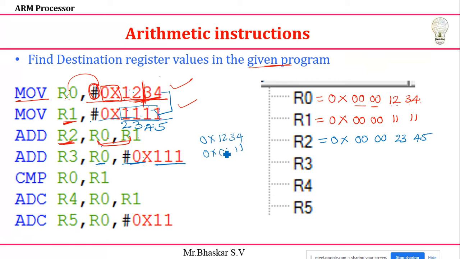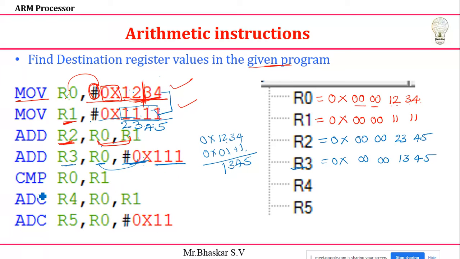So this bit will be 0. Now we can see 4 plus 1 is 5, 2 plus 1 is 4, 2 plus 1 is 3, 1, 3, 4, 5. The result I need to get is 0x of 0, 0, 0, 0, 1, 3, 4, 5. So this is the way. If you want, you can give the immediate value. It will be added with R0 and the result will be stored in my R3 register. In this way also you can give.